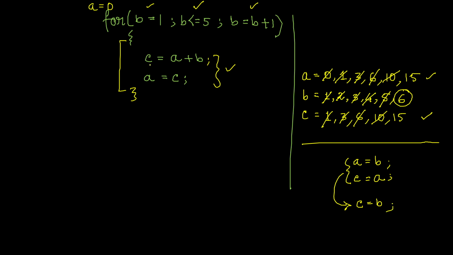The same situation happens over here. You are writing A plus B storing into C, fine, and then you are copying the content of C into A. So instead of writing C over here, you can write directly A over there. That means writing these two lines is the same as writing A equal to A plus B, right? If you write only one line in this particular for loop, then also it will work in the same way, where C will not even be used. Only these two variables will be sufficient.